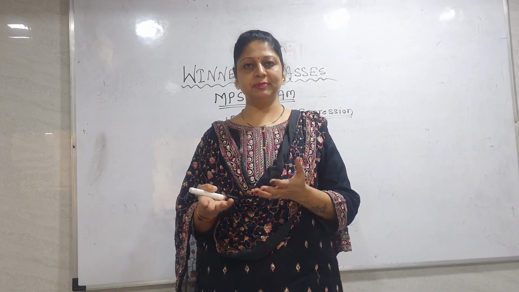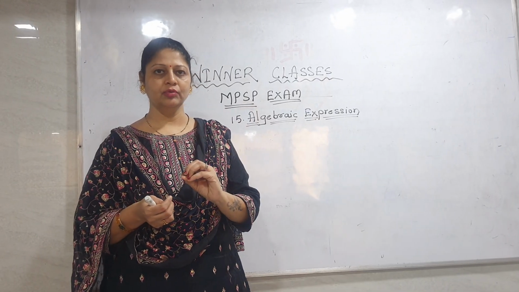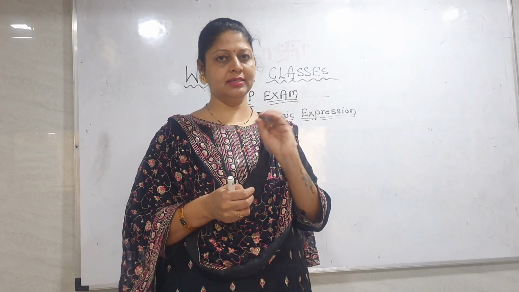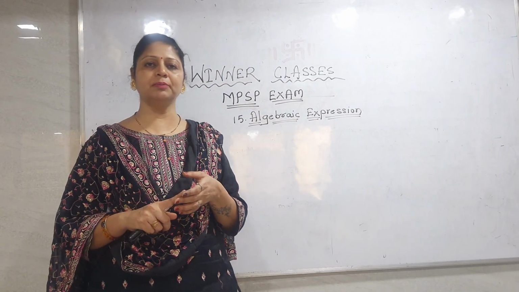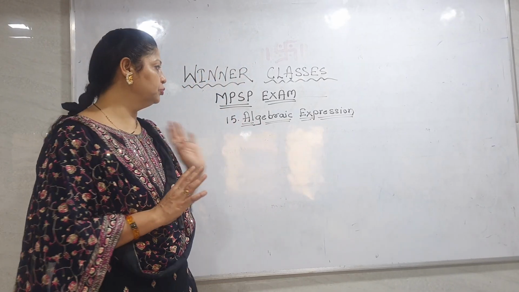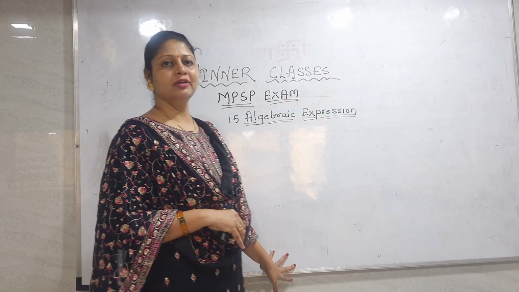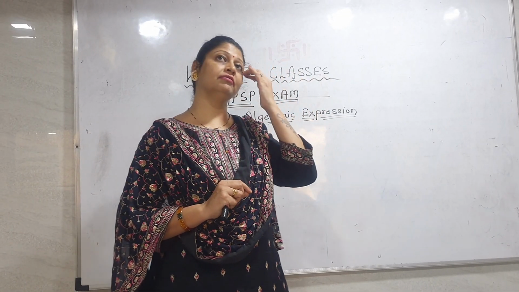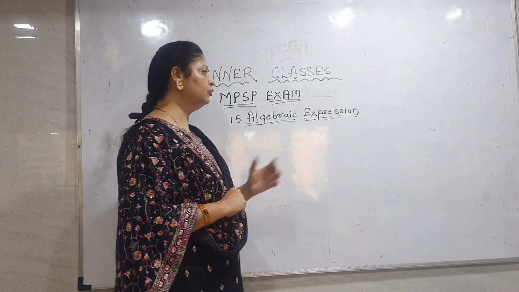When we solve an expression, many signs are there. We have to do multiple operations in the sum, for example addition, subtraction, division, multiplication, meaning more than two operations we have to do there. That is called an expression. And when we solve the expression, I think in a previous video I already explained the BODMAS method, so that method we have to use there.